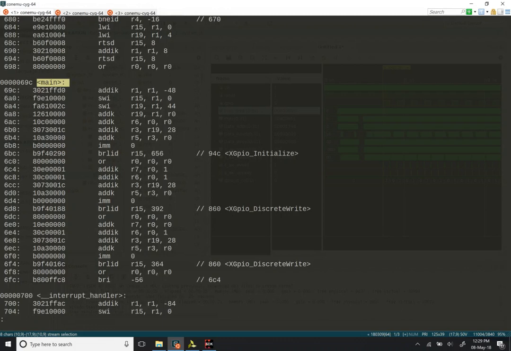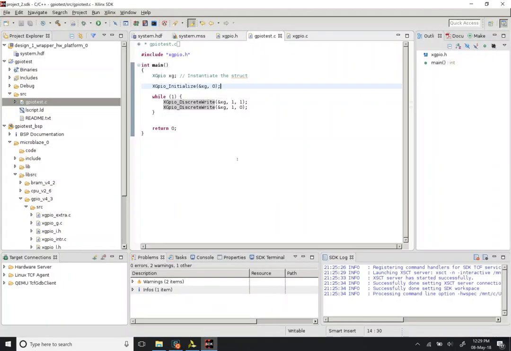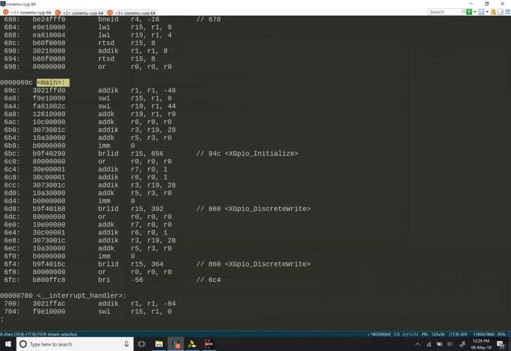So let's switch back briefly to look at what the program was that we wrote in the first place. This was the program that we created to start with. You can see that you have the int main. This is exactly the same label which shows up in the disassembled data as well. What you'll notice over here is there's a declaration of an object followed by a GPIO initialize, a call to a function, and two further function calls over here, which are GPIO discrete write. If we go back to the objdump code, you will see that